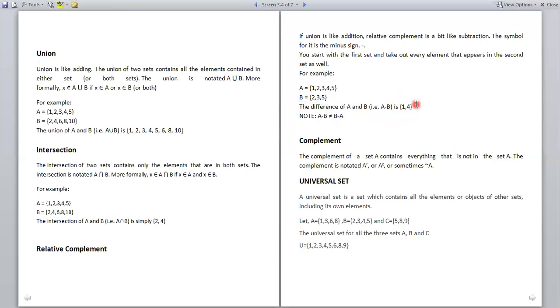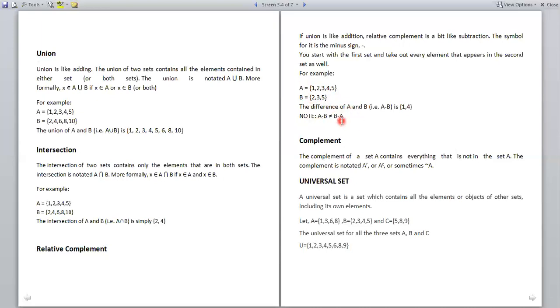We find that 1 and 4 are present in A and not present in B when we apply A minus B. But when we apply B minus A, the resultant set is null. Why? Because the elements 2, 3, 4 present in B are also present in A, while 1 and 4 are present in A but not in B. So B minus A is the null set.